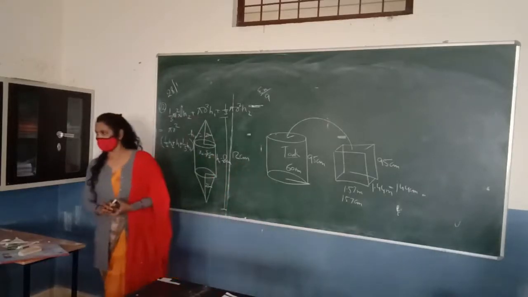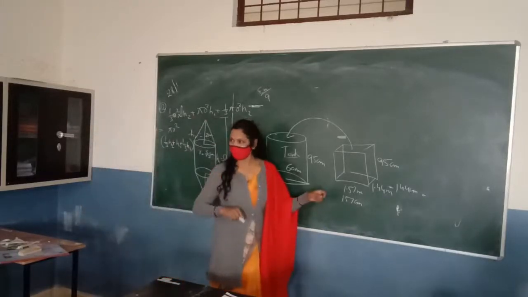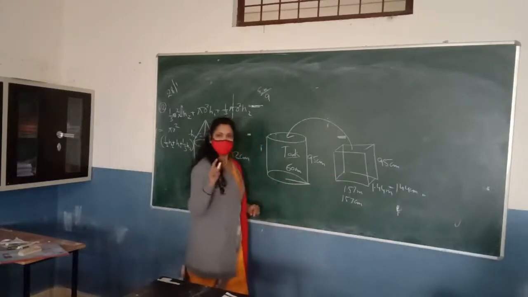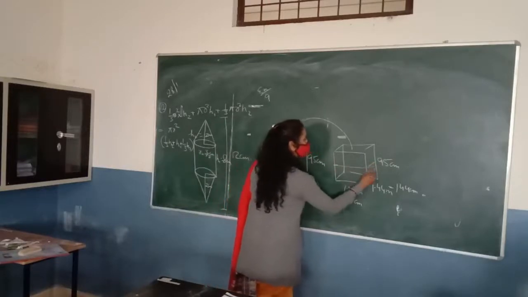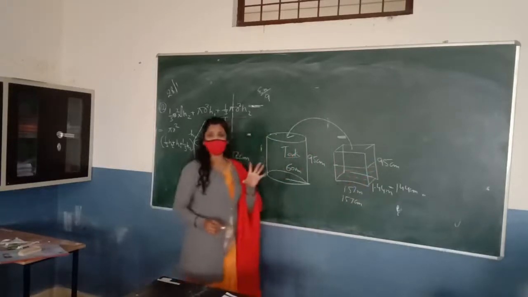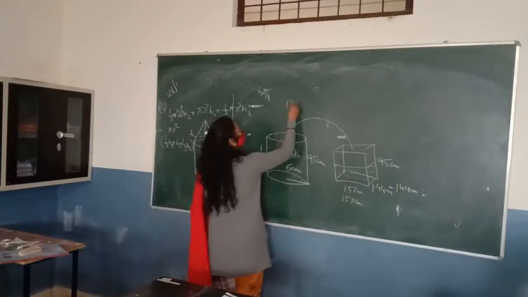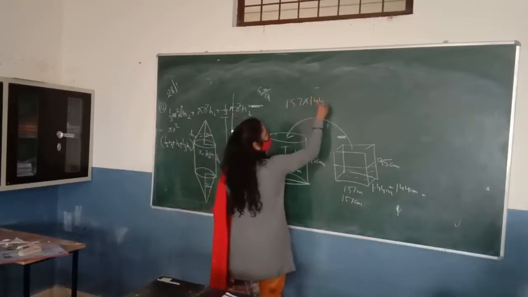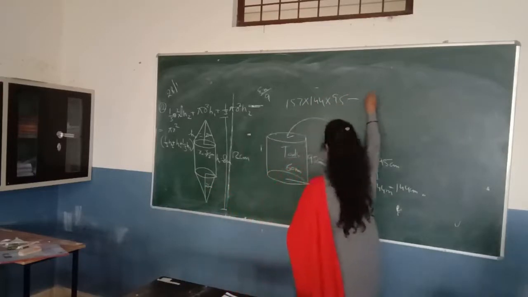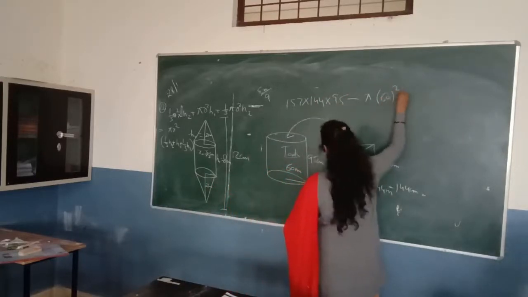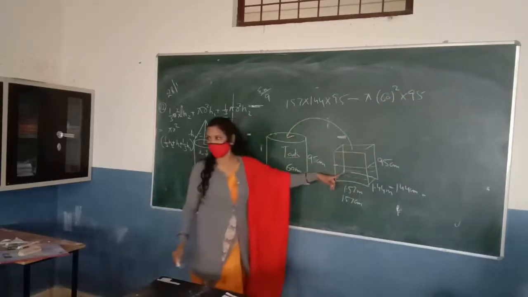We need to find the height of the water. How much height? Okay. We have to find out how high the water is here. So if you want to find the water level here, you want to find the height of the water left in this portion. So first what will you do? You will find the volume of the water in this sump, which is equal to volume of sump minus the volume of the tank. Pi r square into h. Now this is the volume of water which is in the sump now.